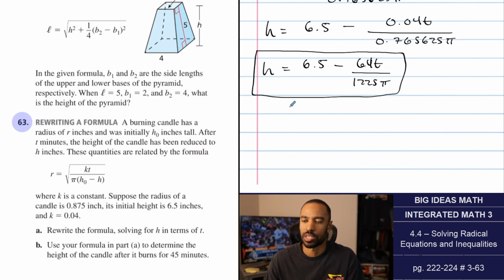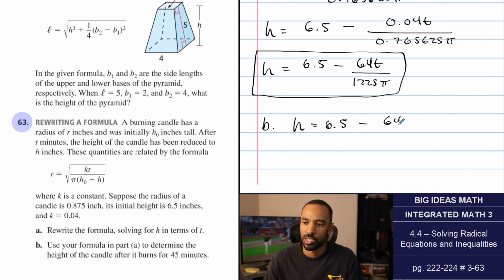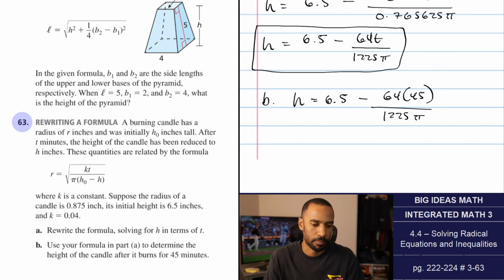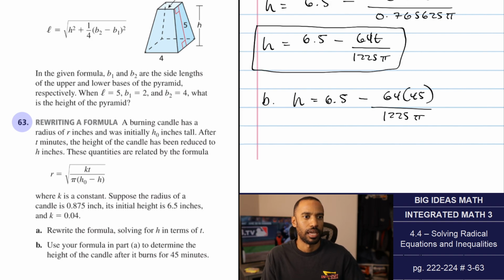All right, second part. Use your formula in part A to determine the height of the candle after it burns for 45 minutes. So we'll say 6.5 minus 64 times 45 over 1225 pi. All right, let's try that. So I'm going to go to my calculator. I'll do all that. 6.5 minus 64 times 45 divided by... When you divide by 1225 pi, make sure 1225 pi is in parentheses. I'm getting 5.75